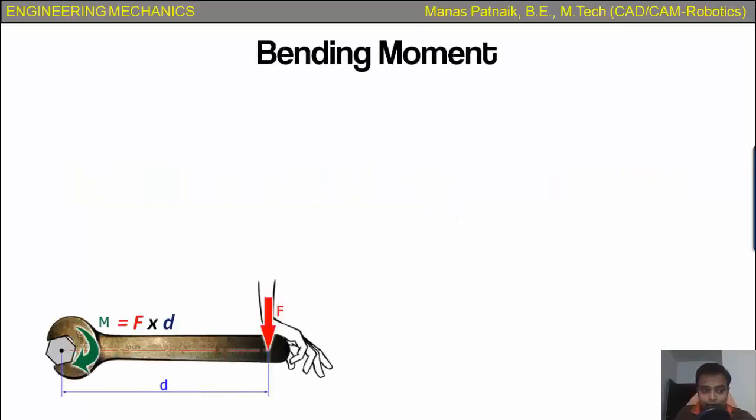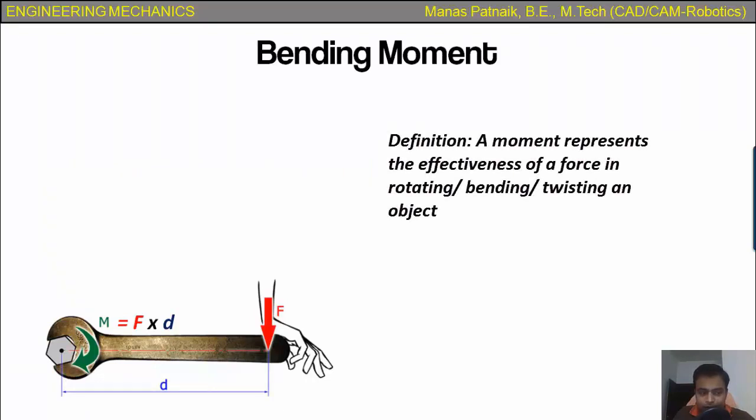To understand bending moment, we first need to learn what exactly moment means. Whenever you turn something, you need a force and of course a pivot. If you try to push further away from the pivot, then you're able to turn the object more easily. Therefore, we need a parameter to describe this kind of an activity. This is where moment comes into the picture.